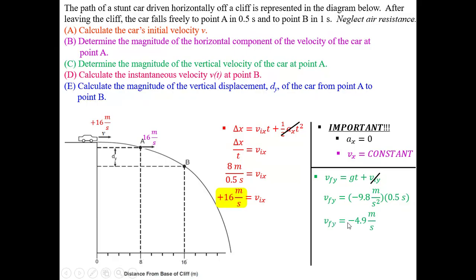So therefore, the vertical component is negative 4.9 meters per second. However, part C says the word magnitude. So if it asks for magnitude, you just have to make sure you get the absolute value. Okay. Now,